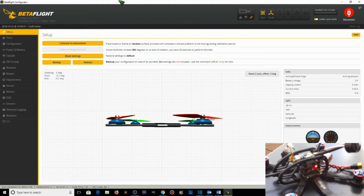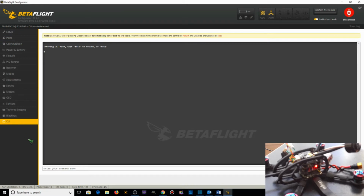The very next thing that we want to do is go to the CLI, or the command line. And there's a couple ways you can do this. You can type diff or diff all or dump. But basically all I want to do right now is to capture what's currently on the flight controller before I start messing with it, just in case I need to revert back to it because I messed up in some way. So what I like to do is I just type the word dump,